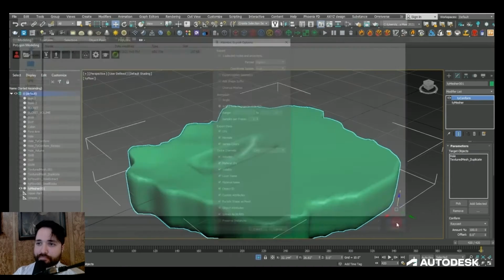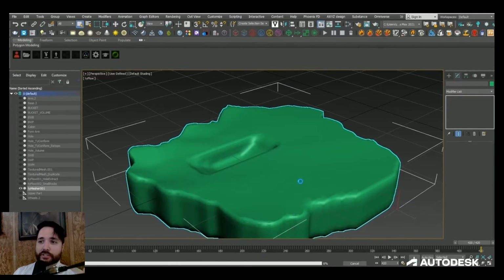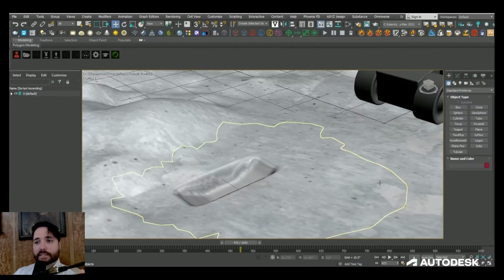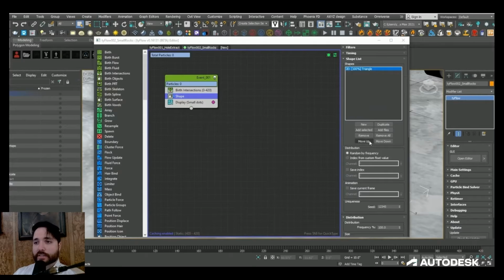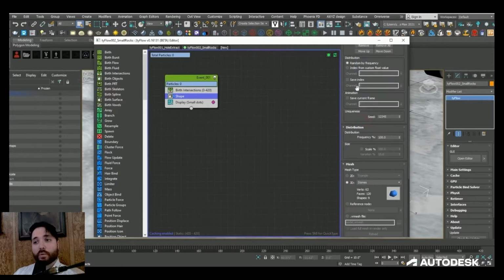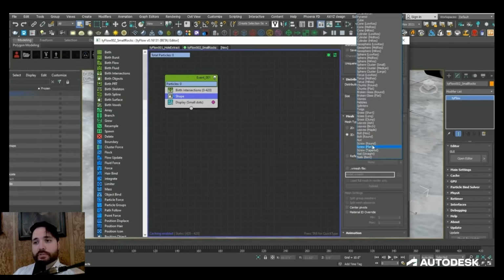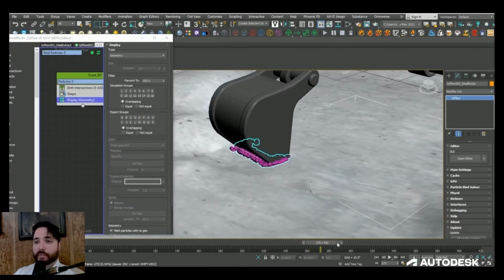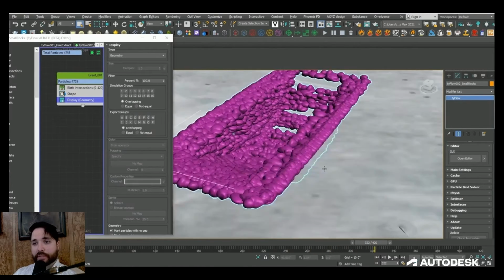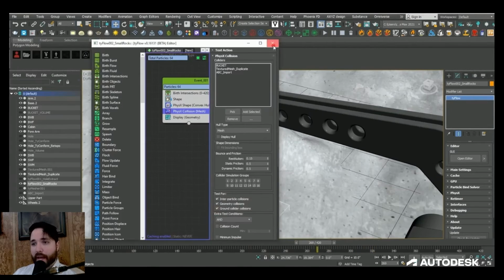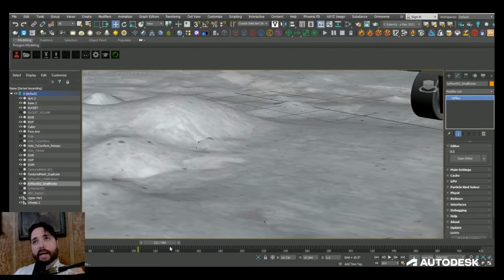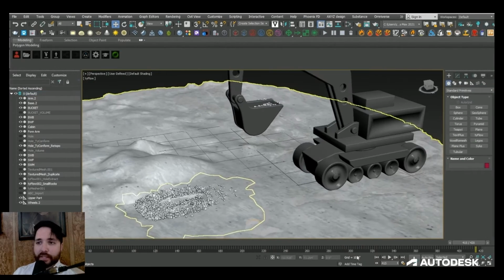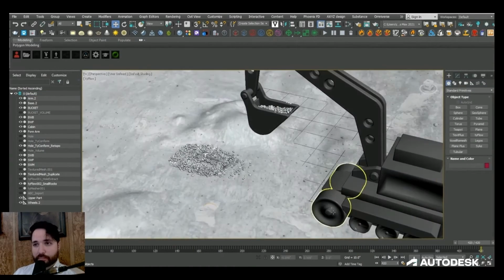For our second TyFlow simulation, I re-imported that exact same Alembic file that I just exported, and I used it as a collision reference so that I could add rocks and other debris interacting with that hole as it's being dug. I just used a birth intersection operator and used some preset pebbles and rocks as the shapes of the particles. Once I was done, I gave the particle shapes collision hulls, and I set up my collision targets so that when I added a gravity force, the rocks would then fall down to the ground as expected. And that's pretty much everything I needed to complete my actual simulation part of this project.